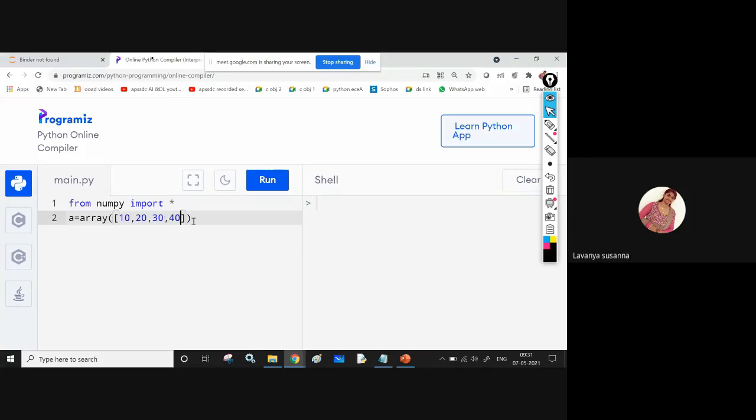Now I am printing: print, maximum value is, close quotations comma, max of a.